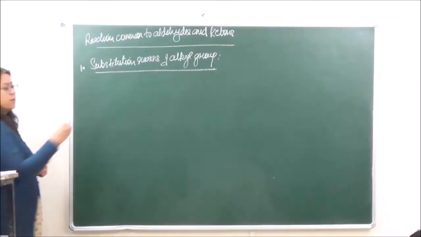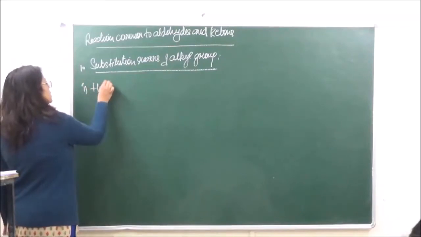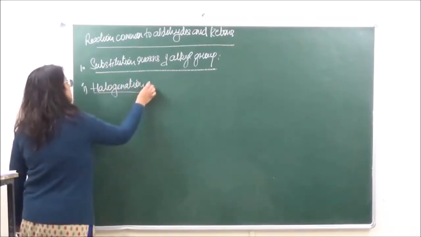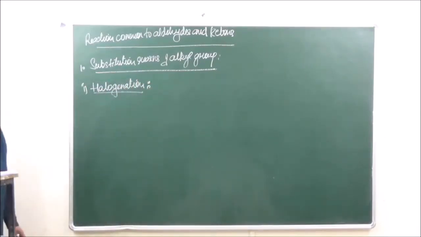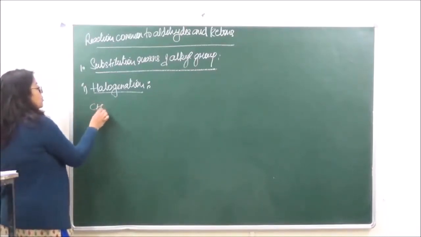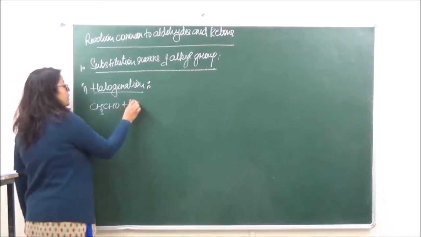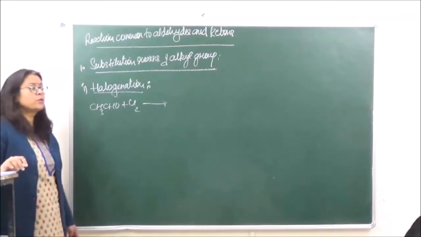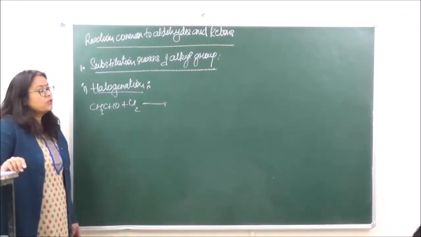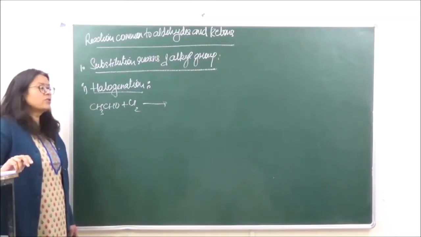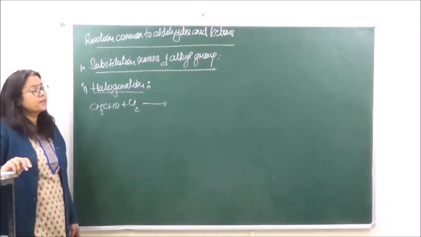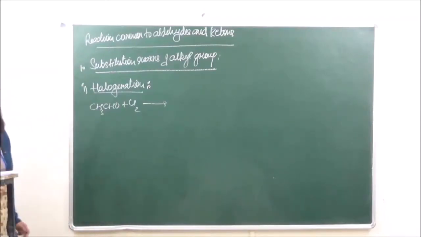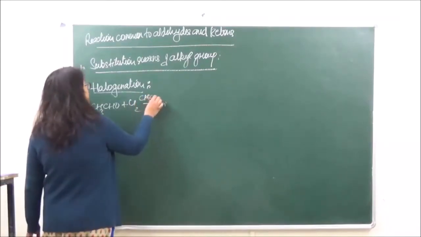The first reaction which we will do over here is the halogenation reaction, right? Now over here we are going to react an aldehyde with chlorine. Remember, these are reactions common to aldehydes and ketones. The only difference is that ketones are going to be less reactive than aldehydes. So in case of ketones, we might need certain special reagents which are going to activate the ketone towards nucleophilic substitution. Okay. So if we react an aldehyde with chlorine in presence of